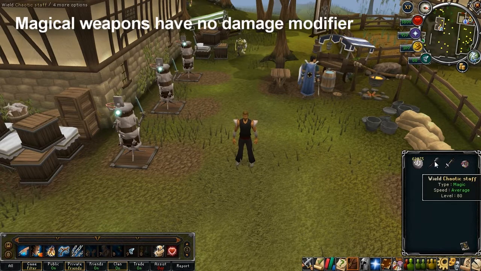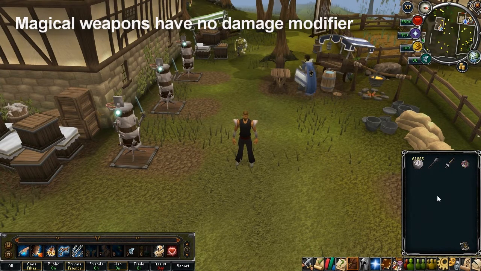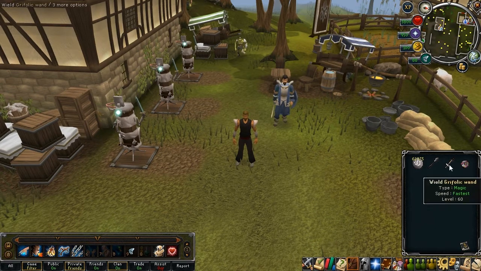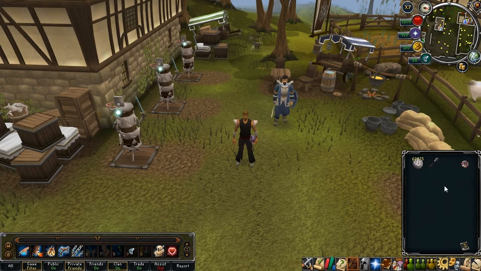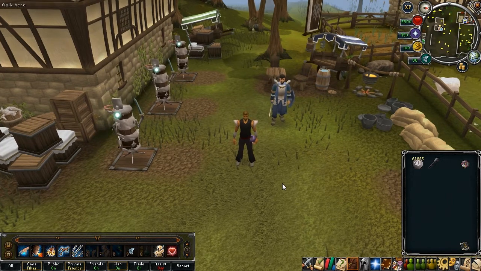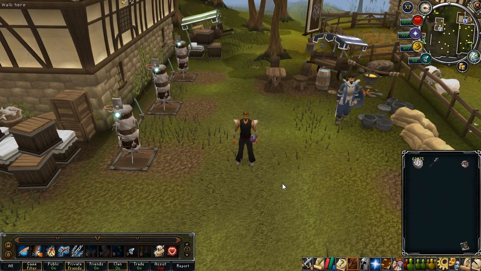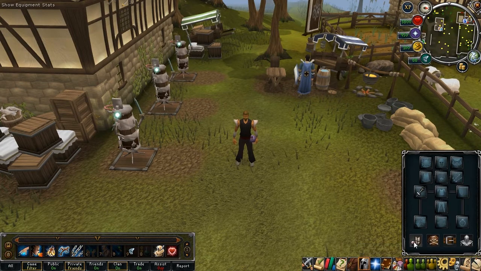So we're just going to go a little bit more in depth and explain how that changes the way damage is calculated. Let's start off with the easiest of them all, and that is the one-handed equivalent. Now if you've ever seen what the damage of a chaotic claw is, which has got the same attack speed as a wand at once every 2.4 seconds or once every 4 game ticks, you'll notice that the damage is 768, which is exactly the same as all the top tier spells because they're all evened out to be the